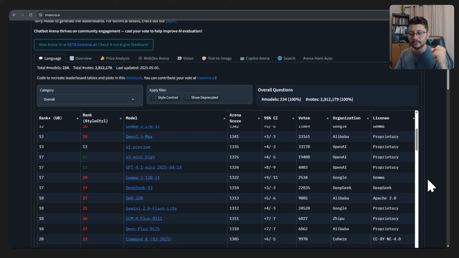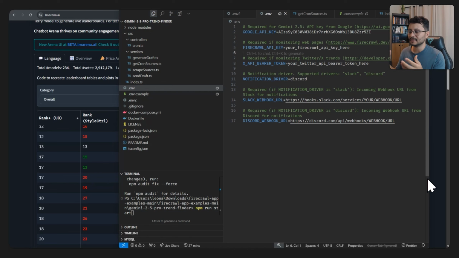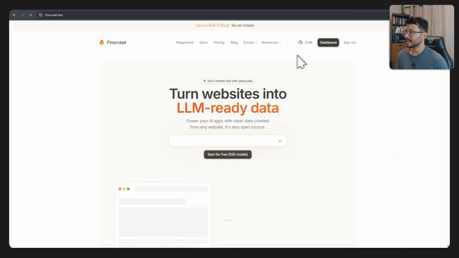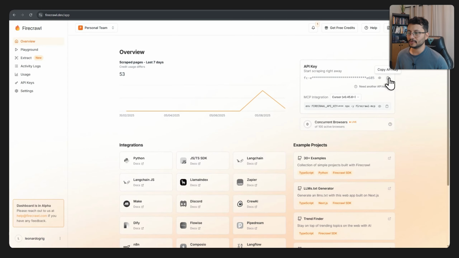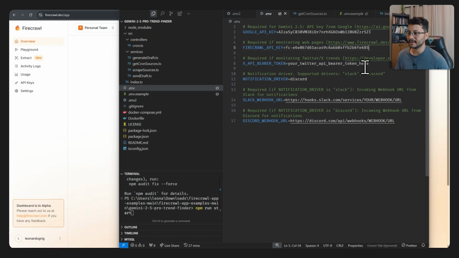You would send it over to the LLM to either get that in a JSON structure or maybe respond a question about that page. So Firecrawl already does all that for us and sends us back only the information that we need, which for this case is information regarding news for LLM or AI topics. Head over to firecrawl.dev, click on the dashboard, click on your API key right here, place that in there, and